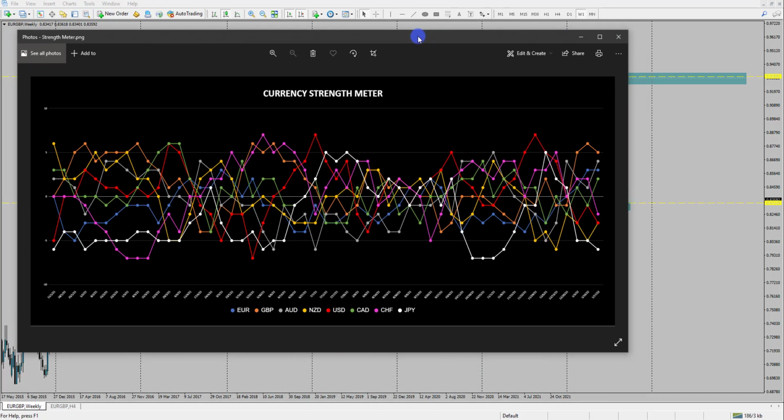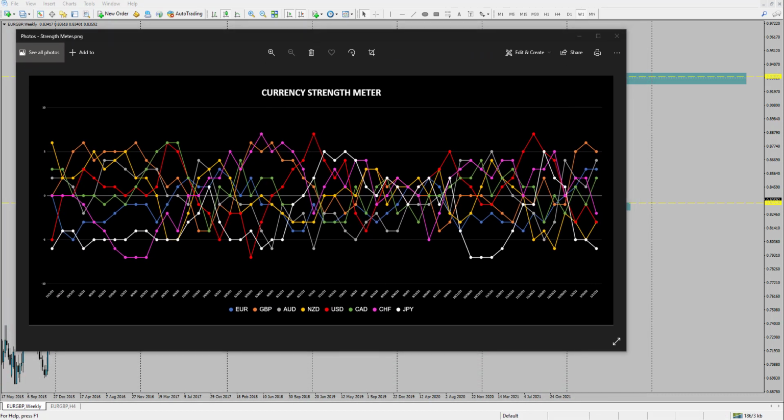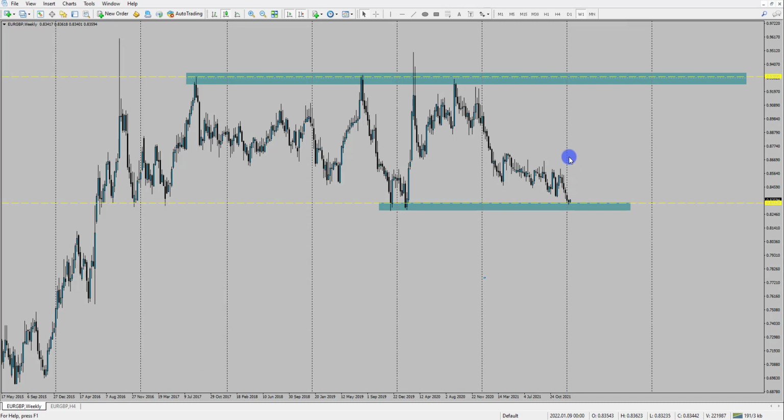The reason being, well, one of the reasons at the moment is the fact that the strength meter is showing us that the pound could be topping out here. We're back at these high levels, and whenever currencies get to these high levels on the strength meter, we often see a slight reversal to those currencies. The euro, you can see in the blue, has just continued to get stronger. So we've got pound topping out, potentially rolling over. We've got euro continuing to get stronger in the short term, which suggests that maybe Euro Pound could actually start to move to the upside. That, combined with the fact that we're at this major support point, could give us the idea to start looking